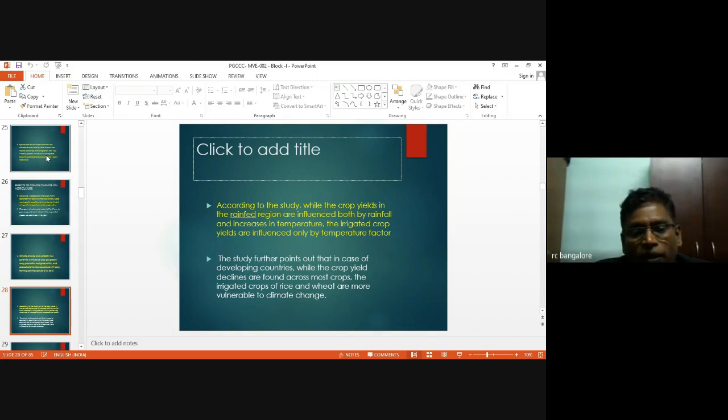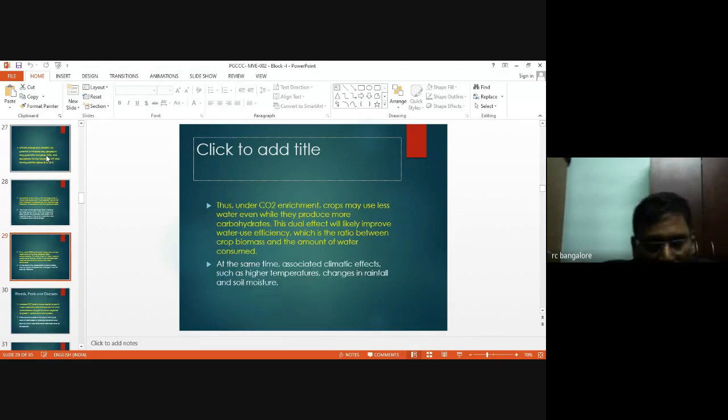The study further points out that in developing countries, while crop yield decline is found across most crops, the irrigated crops, rice and wheat, are more vulnerable to climate change, particularly temperature. Thus, under carbon dioxide enrichment, crops may use less water even while they produce more carbohydrate. This dual effect will likely improve water use efficiency, which is the ratio between the crop biomass and the amount of water consumed. But at the same time, associated climate effects such as higher temperature, change in rainfall, and soil moisture also play a major role in